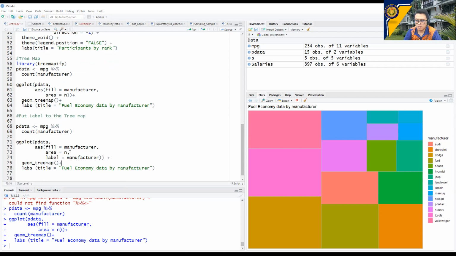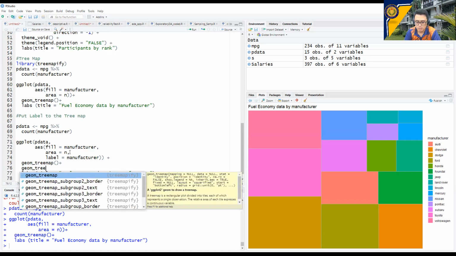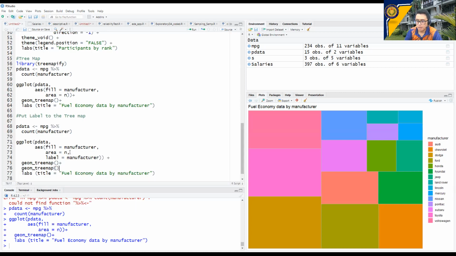Right. And then we have tree map. And then we have the geom tree map X. Okay, so we have here the colors or color. Let's say just white. Then we have here place center, or yeah, I guess it's